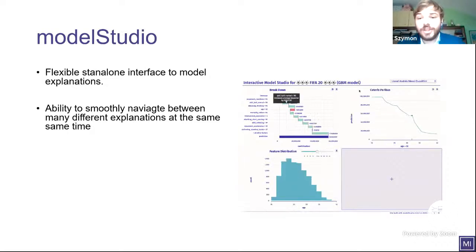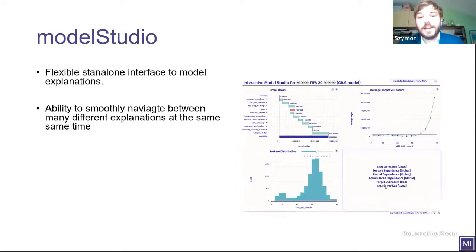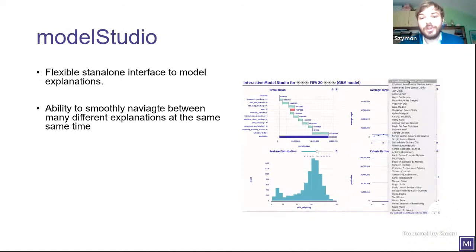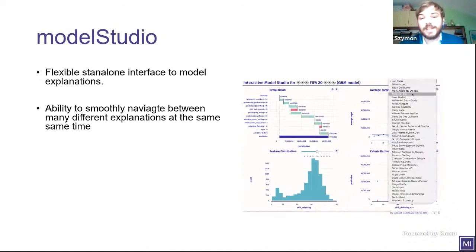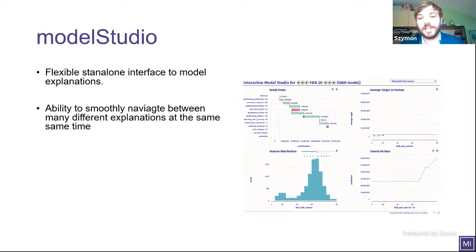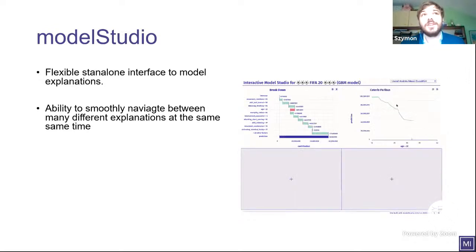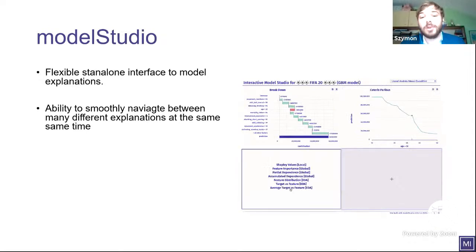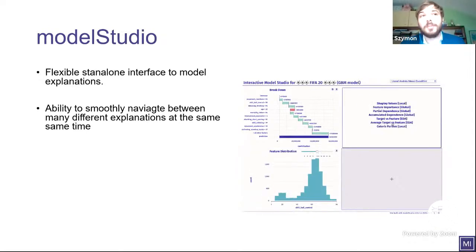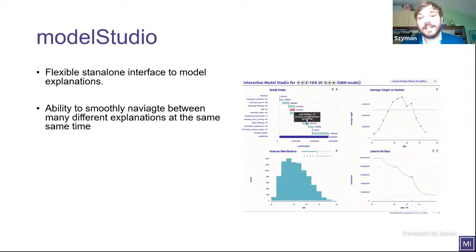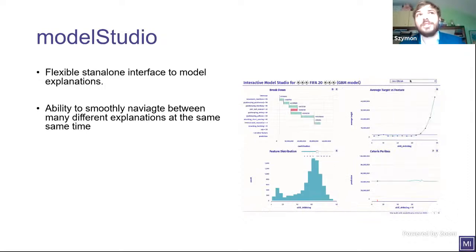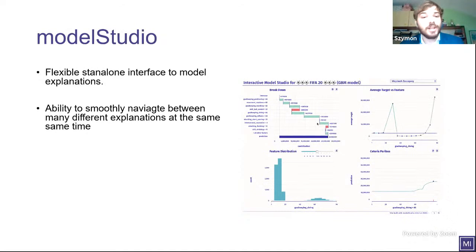As you can see on the GIF on the right side, using modelStudio, the user is able to navigate over different types of explanations at the same time, meaning that it's possible to explore whichever part of the model you want at any time. And because it's created once, it's a standalone HTML page, or even applications for other packages.